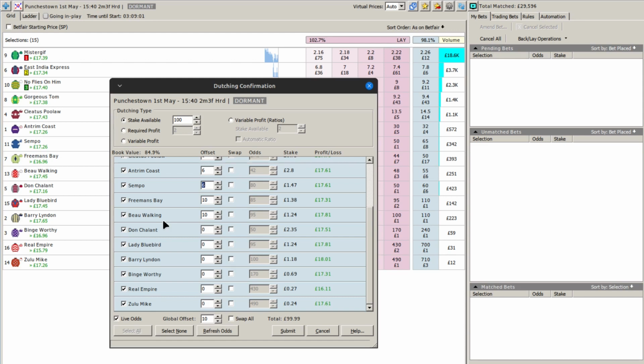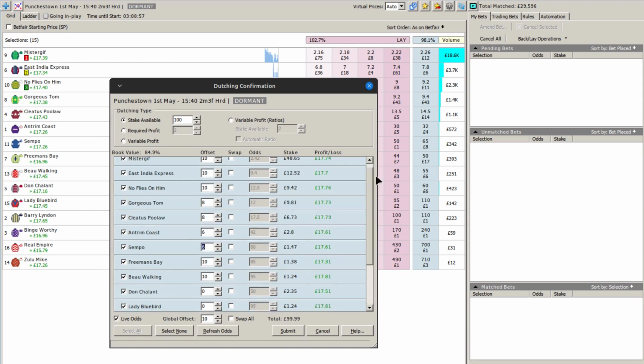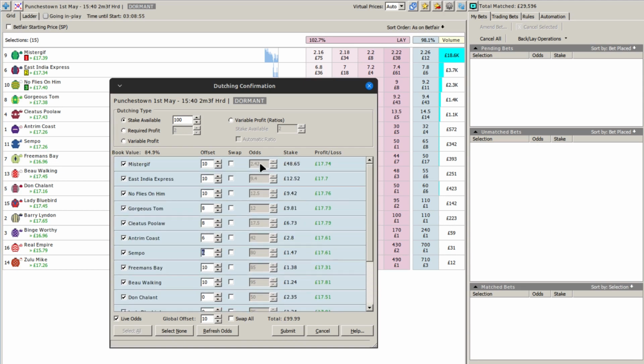So again, you're relying on the favourites. If you're going to get any runner that's not matching their Dutch component, you want it to be one of the favourites, because their share of that Dutch is so much bigger compared to the runners that are